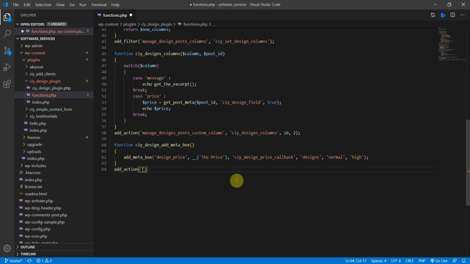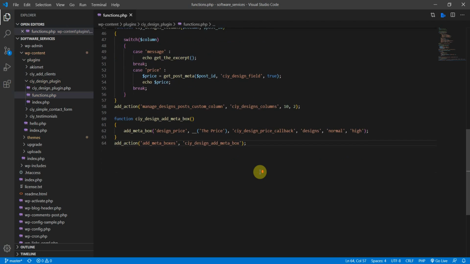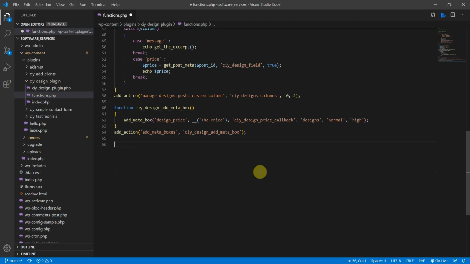All right, and now we need add_meta_boxes, and here we need to add this function name as usual. Let's copy and paste that, semicolon at the end. Now we need to add this callback function here. I'm going to copy and paste that in. So below our add action here, let's create a new function, and let's paste that in, the design price callback